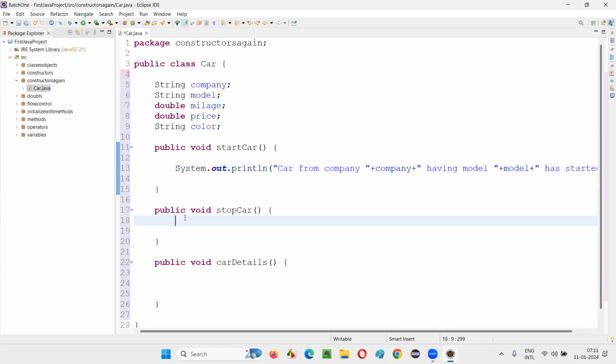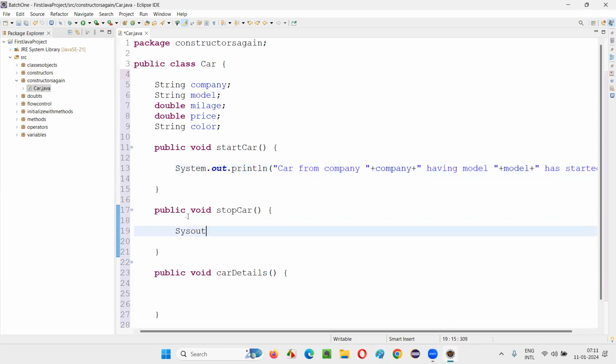And here in stopCar, I'll write something like System.out.println "Car from company" plus this company plus "having model" plus this model "has stopped."